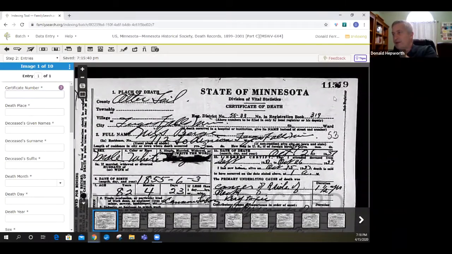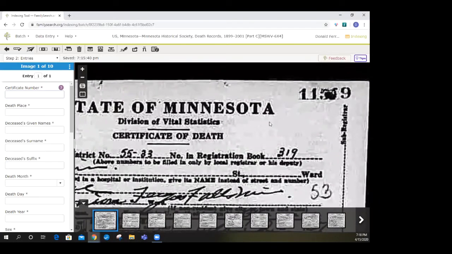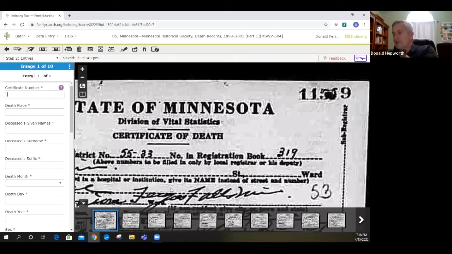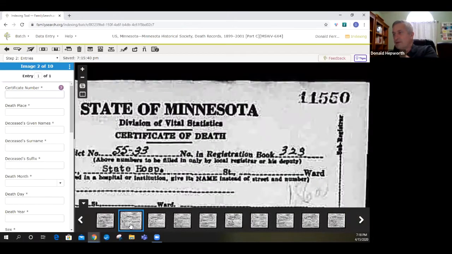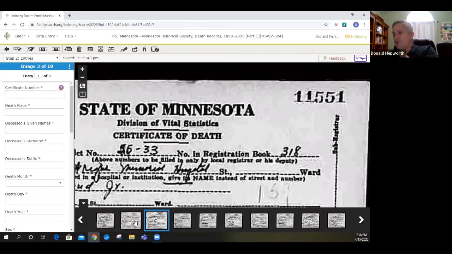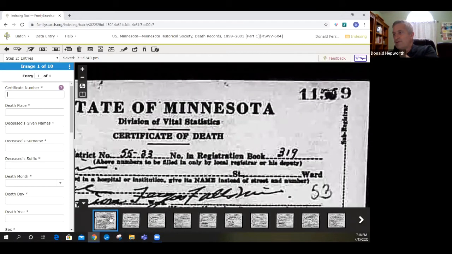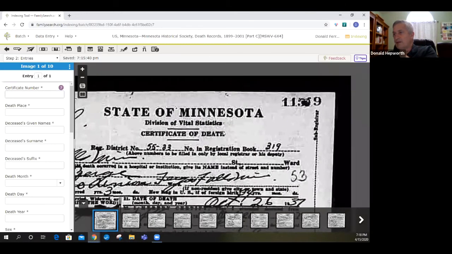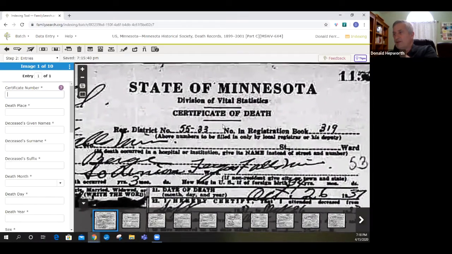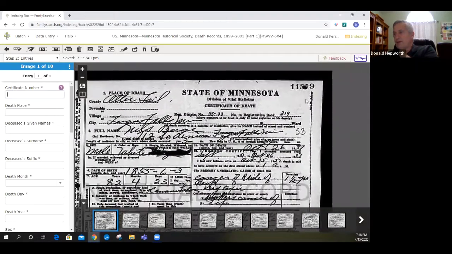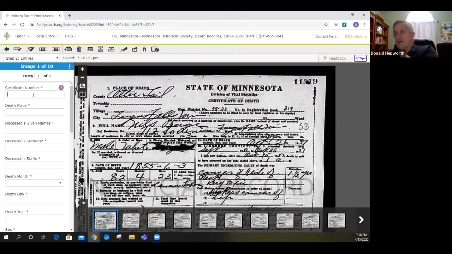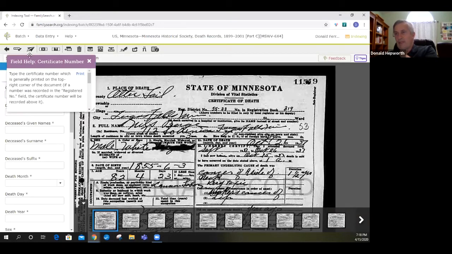Now, I can't read that. That is 11. I'm going to go to the next one here. 11,550, 11,551. So I'm going to say that's 11,549. I don't know if you saw how it looks like they're all in order. And even though I can't read that. And this thing, there's a question mark over every field. If you click on it, it says the certificate number is generally printed on the top right corner of the document. And if there's no number,